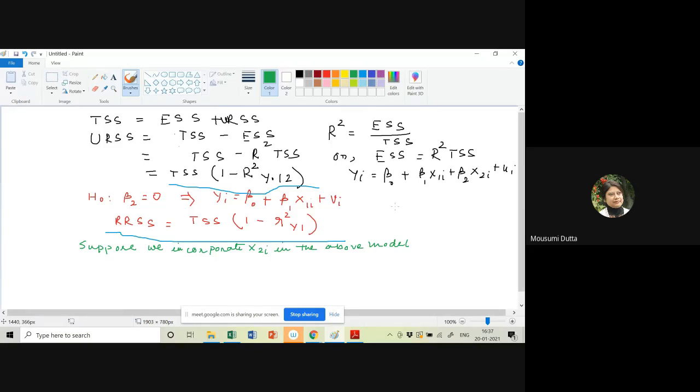So we have a new explanatory variable x2i. In that case, the RSS of this model will become